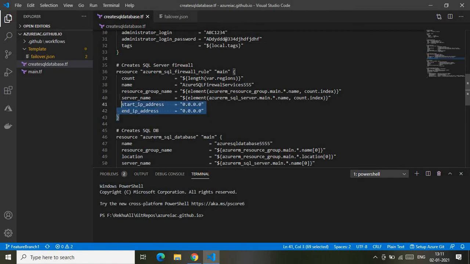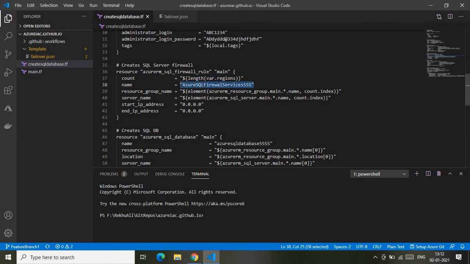Then I'm creating the SQL Server firewall. The firewall is a must, so I'm just showcasing how you can add SQL firewall rules on the SQL Server. This is the block which will do that. Again, we are using the iterative type of coding, which is very dynamic. Here again the count equals 2, so this code block will run twice. And this is the name of the firewall, which again I'm giving as a static value.